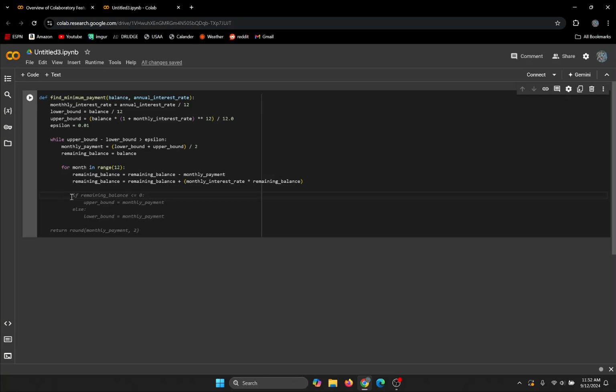So now we need some code that checks if the remaining balance is positive or negative after 12 months, and then I'll explain it as I type. If remaining